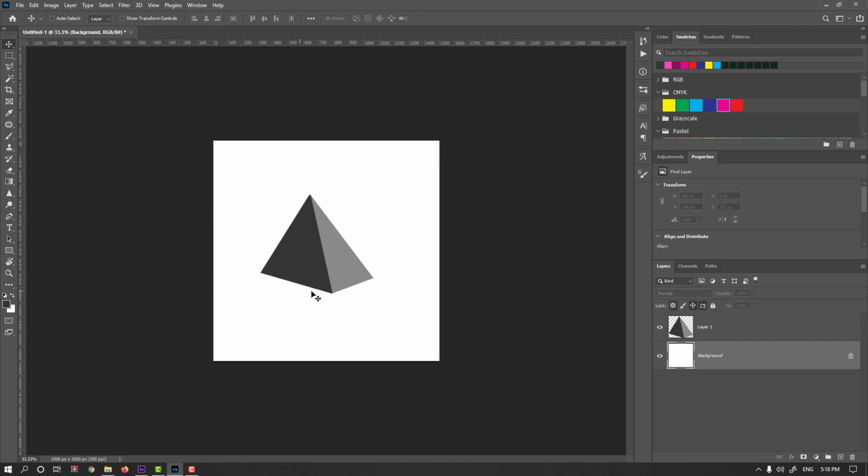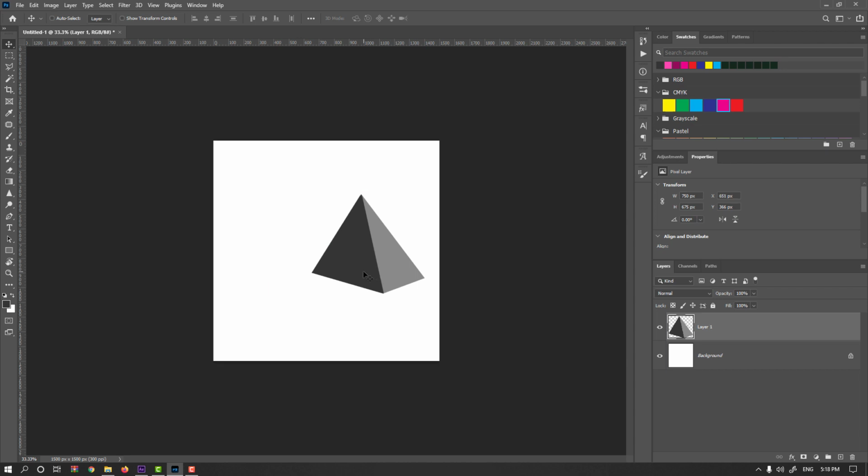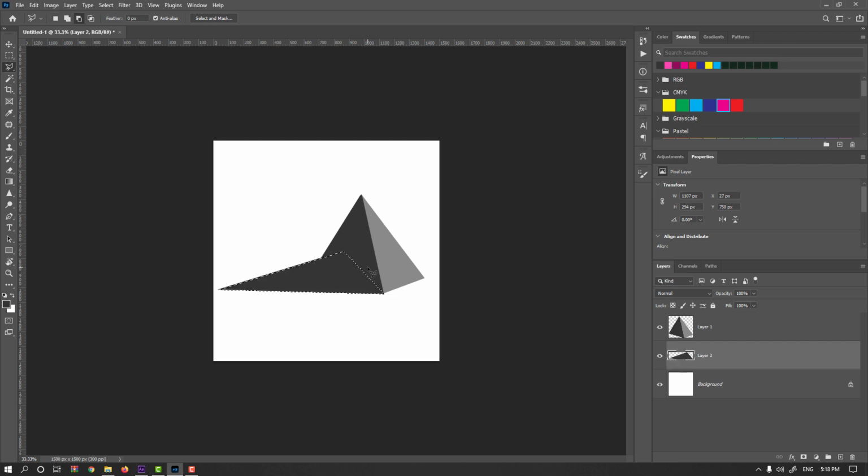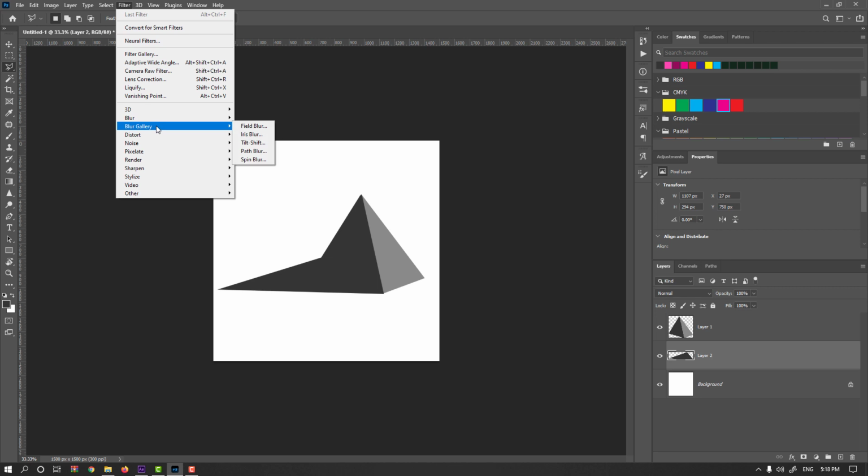Allow me to delete the shadow and bring this shape here. I want to draw maybe something like that. Alright, Alt or Option Delete to fill it. If you remember, I told you could go to Filter, Blur Gallery and use Tilt Shift to have more fade, similar to aerial shadow. But I want to show you another trick to make a similar result, because maybe you don't have access to Photoshop CC. So if you're using older versions,